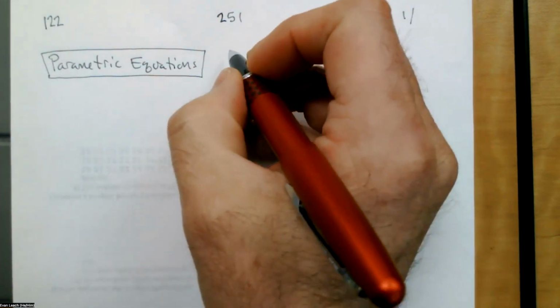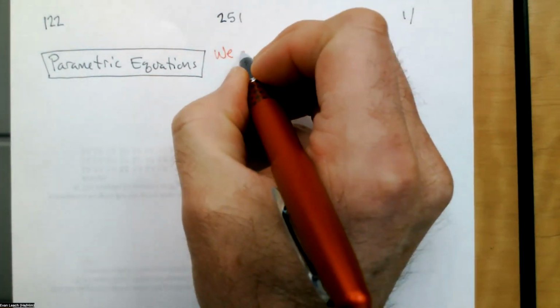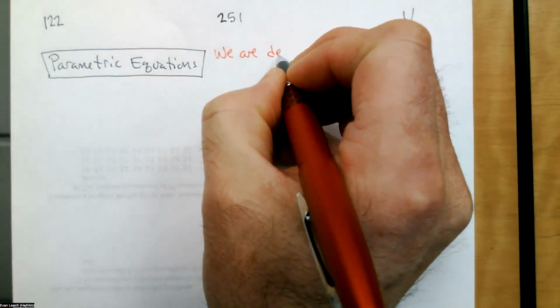Today we want to talk about parametric equations. This is another way that we can describe a curve in two-dimensional space. What we're trying to do is describe one-dimensional curves in two-dimensional space. So what we spend a lot of our time doing in math class is just describing stuff and introducing you to the language that we use in describing that stuff. So parametric equations. We are describing